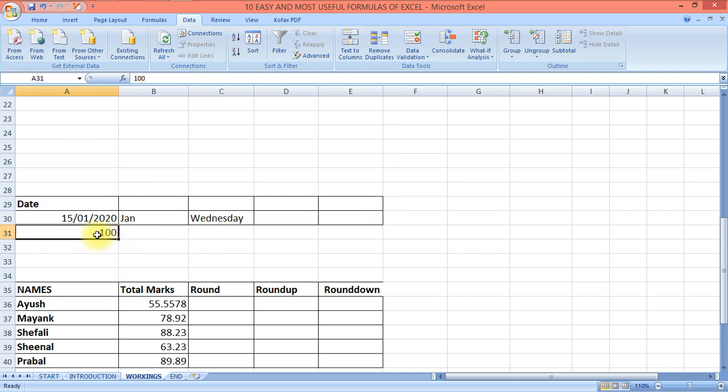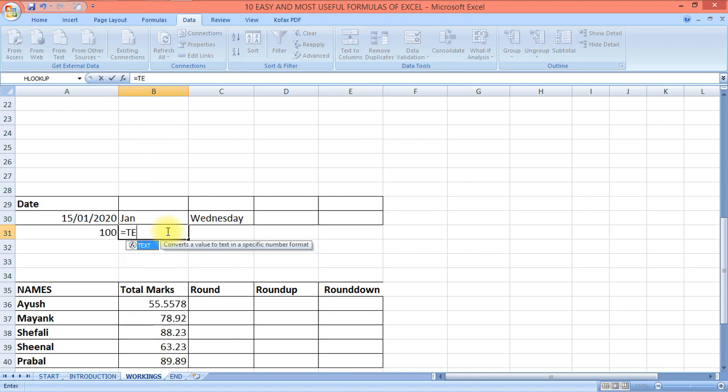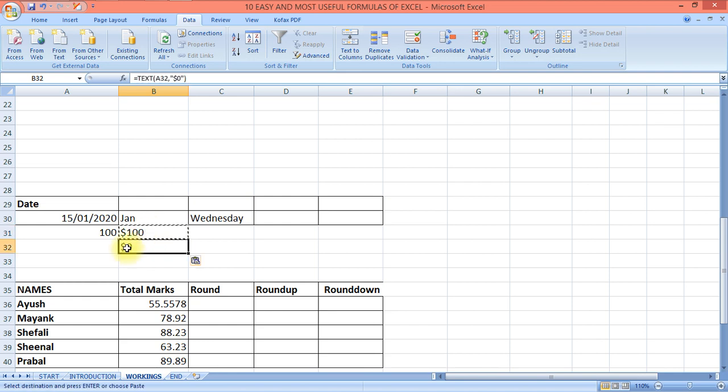Also, now this is a number and I want a dollar before 100. I want to put a dollar sign. How can I do it? I'll do is equals to TEXT, tab. This is the value, comma. In inverted commas, I'll put dollar first because I want the dollar first, and then 0. 0 stands for the value which we have selected. Inverted comma closed, bracket closed, enter. See. Now if I copy this formula here and I write 200 here, it will automatically put a dollar in front of the text. But this way I've converted the value into text.